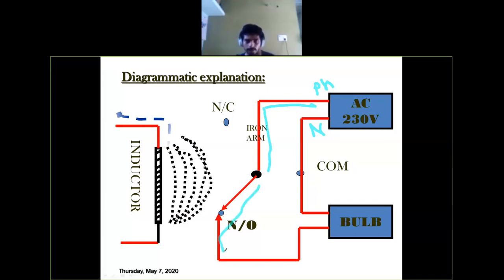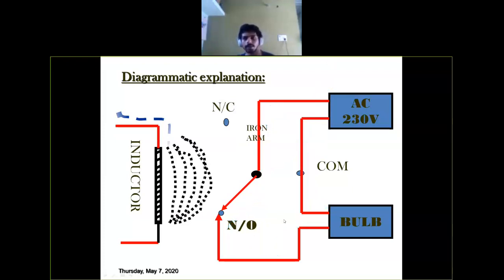This part is nothing but NO. So the bulb is now connected to NO. You have a common in between, right? So we leave this NC pin. To NO we will connect one connection of the bulb, and we'll connect the other connection to the common. So the neutral of the bulb is connected. The other pin that is coming from phase will be connected to the common of the relay. Then you have the bulb's other pin, right? That bulb's other pin will be connected to NO.